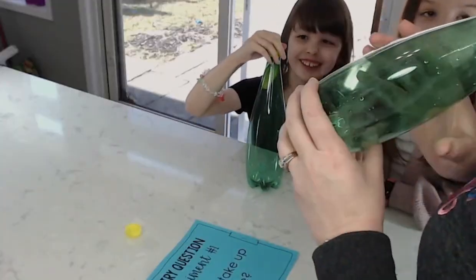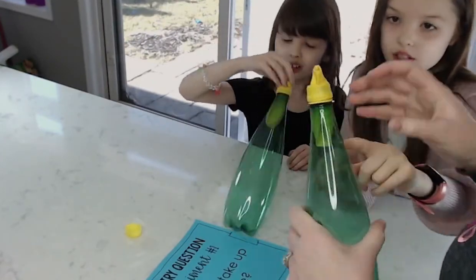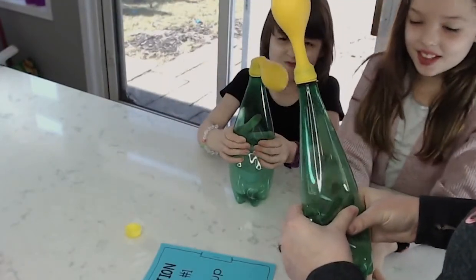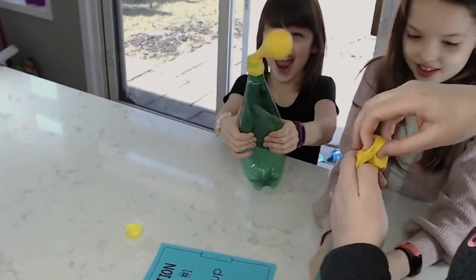So I asked them, if there was less air in the bottle, would it blow up the balloon? We squeezed the bottle, and the balloon popped out of the bottle and inflated slightly. This is the exact learning that I would hope to see my students have from this simple